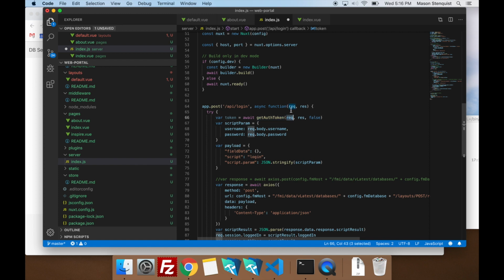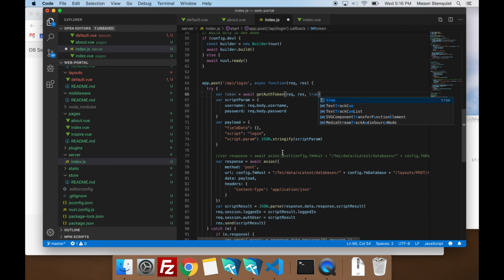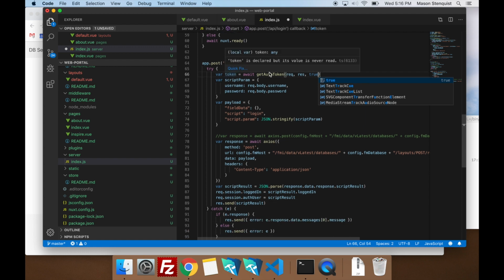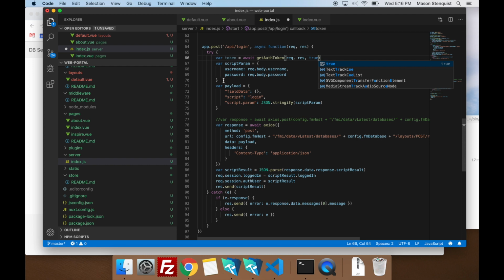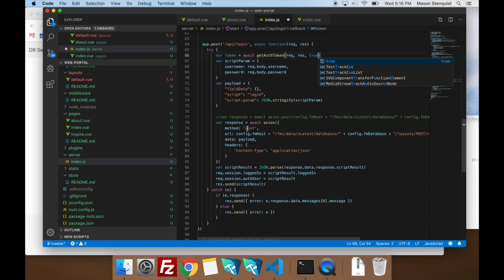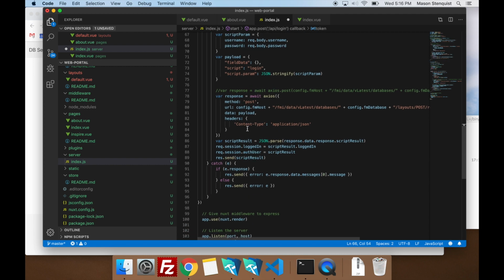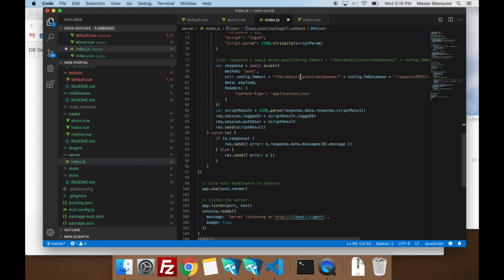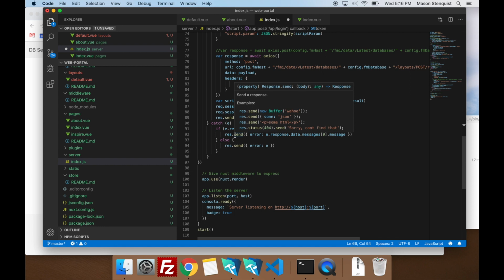And it passes the request, the response, and I guess that should technically be true, because we always want it to force refresh. Once it's done that, then it just is going to run a script. And again, we're using the same kind of Axios await. So that's how that all works. If it gets the script results, it returns that.